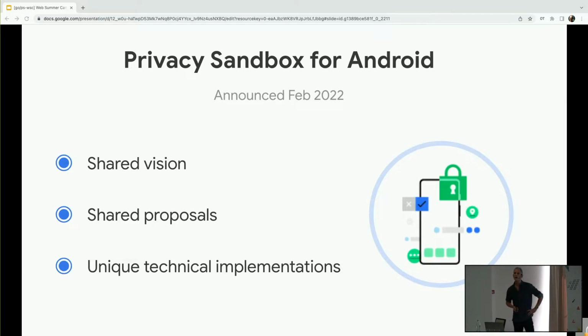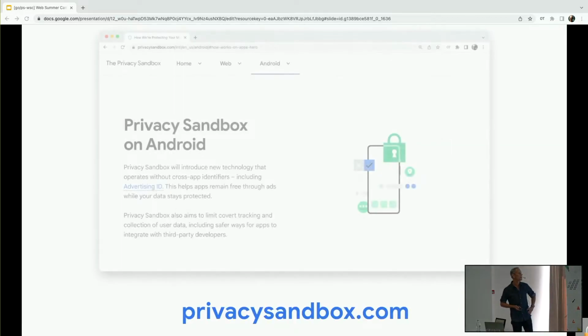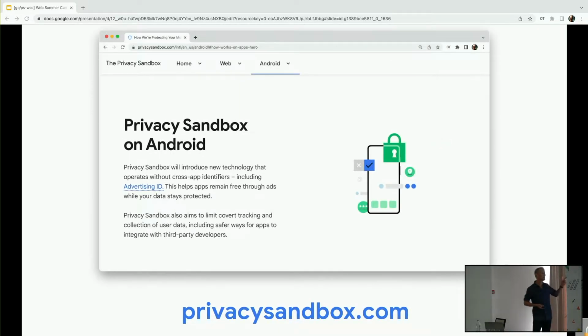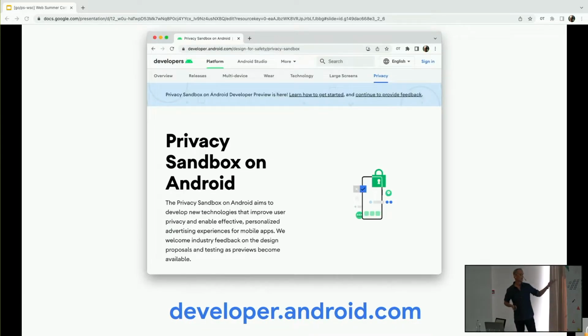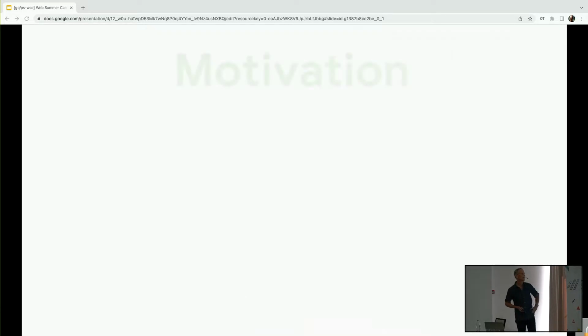It's worth bearing in mind, of course, that the web and Android platforms are very different, and different technologies are being developed on Android. It's a distinct initiative, but if you're working with Android apps as well as the web, then you should certainly keep an eye on this. There's lots of documentation about this on privacysandbox.com and also on developer.android.com. I'll share links from this session later on as well.